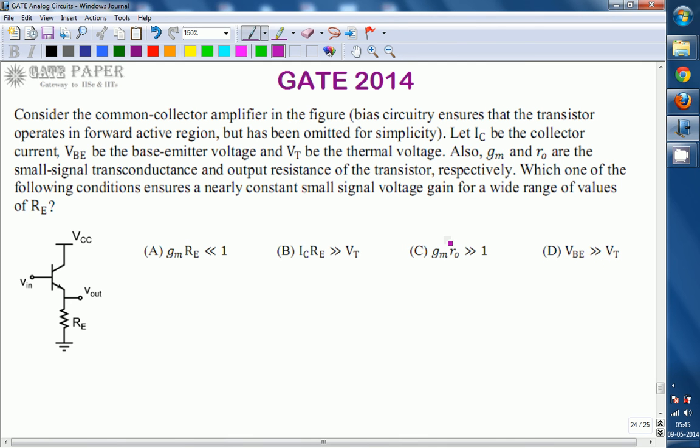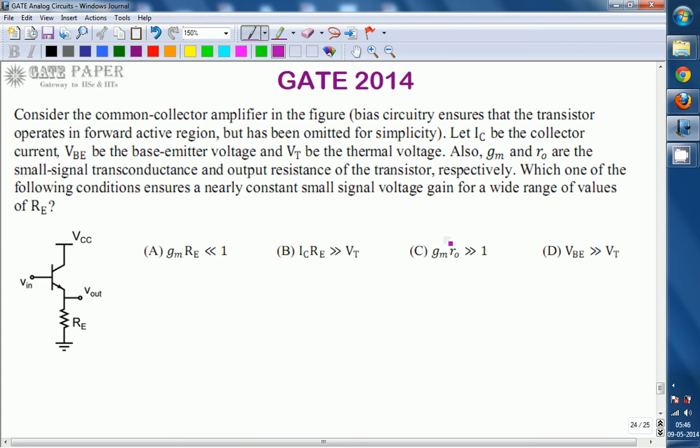Hello, we are discussing the GATE 2014 ECE paper, and the topic is related to analog circuits. Consider the common collector amplifier shown in the circuit. The bias circuitry ensures that the transistor operates in the forward active region, but it has been omitted for simplicity. Let IC be the collector current, VBE be the base emitter voltage, VT the thermal voltage, and gm and r0 are the small signal transconductance and output resistance of the transistor,